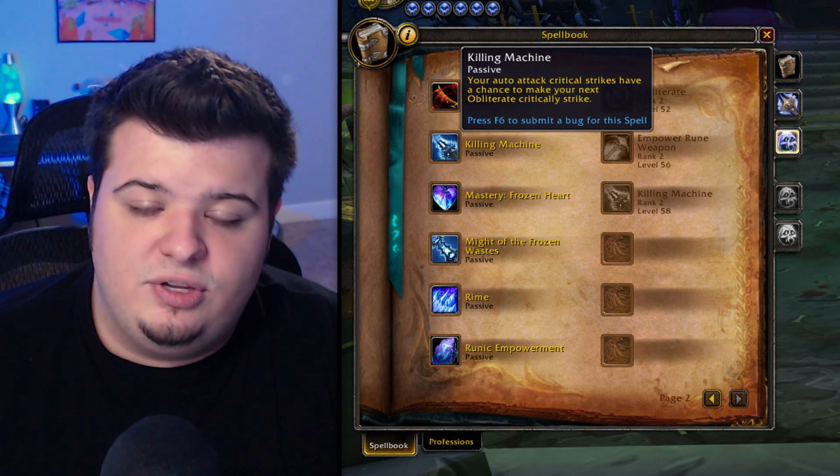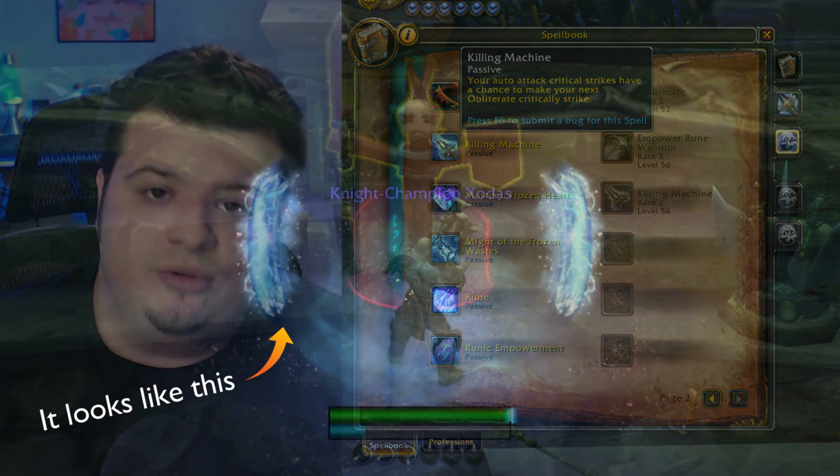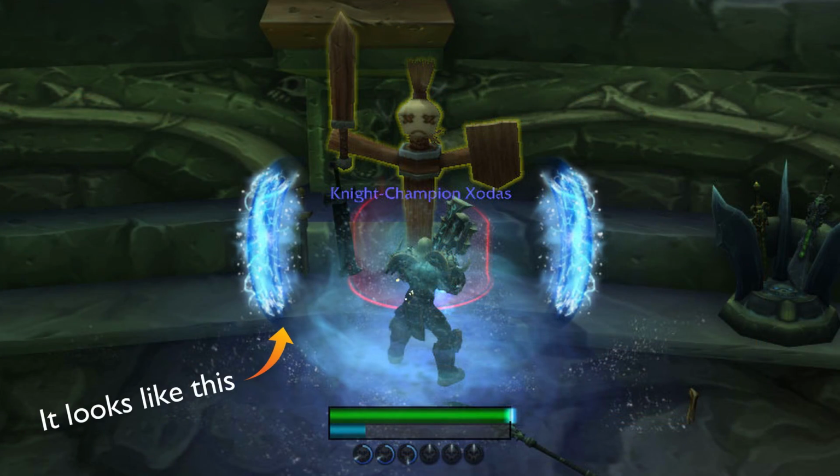You want to be using these procs as fast as possible, once again, to make room for the next proc that could potentially come up, and your Killing Machine procs are going to be the main source of your damage, especially if you're a 2-hand Frost DK. Once again, that is a very, very TLDR version of it. If you would like much more information, much more in depth, then go check out that video linked in the